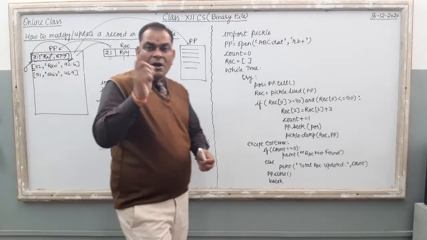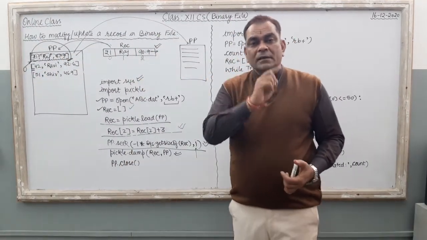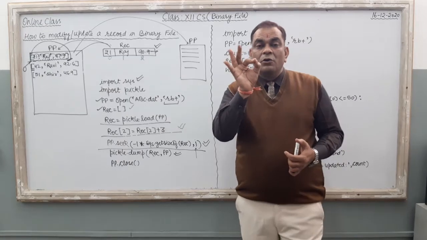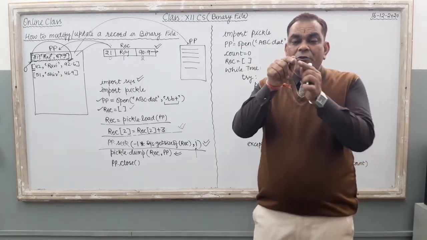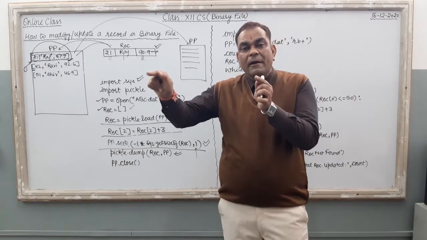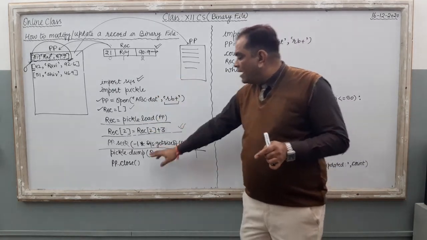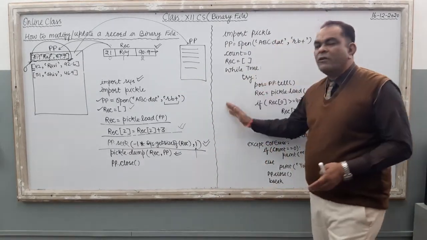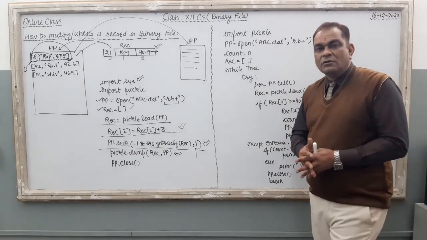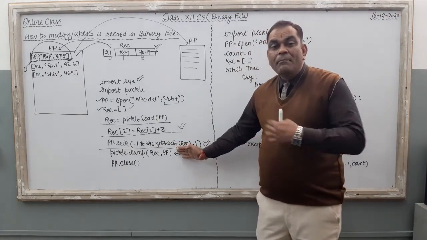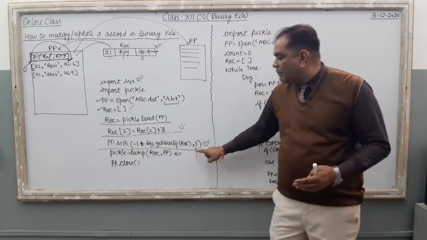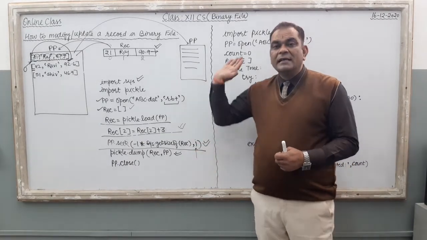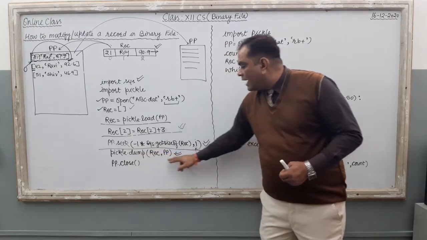What came out of this? Very first, you have to open the file in rb+ mode. Second, read the file object, and if you want to make any change in the selected object, you have to revert the cursor back to the previous position. For that, the sys module is required. Many methods are there to send back the cursor. Here in this second program, another method is there. You can see that too and decide which seems easier. So for reverting the cursor to the previous position, we use the seek command with that specific function. Right? Once the cursor is back, then you have to write the specific record.